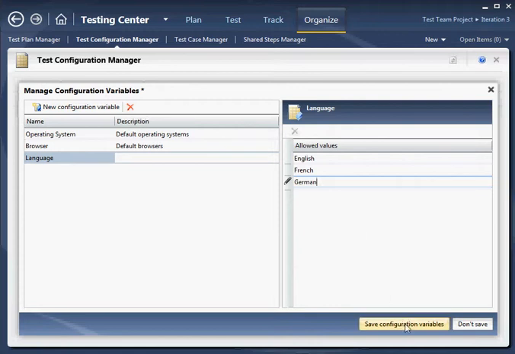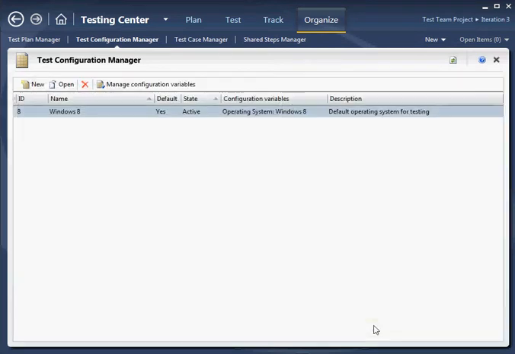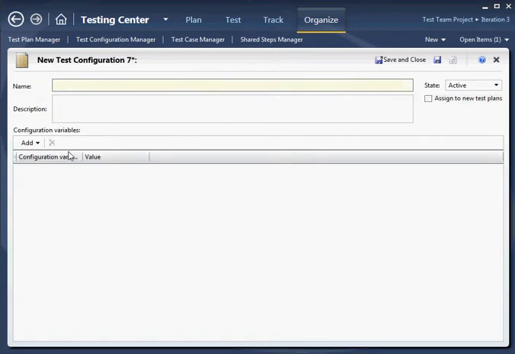So once we're done, if you come down here and we click on Save Configuration Variables. Now this is the standard variable that will be applied to all test suites once you start up Test Manager, but we want to create a new one. So if we click on New up here, and let's say we want